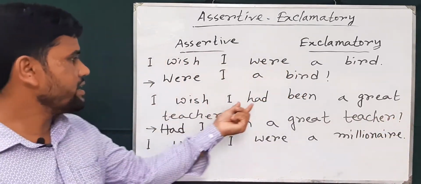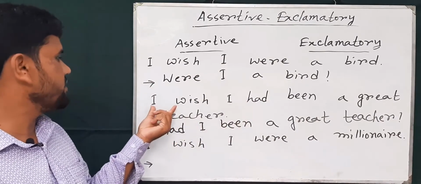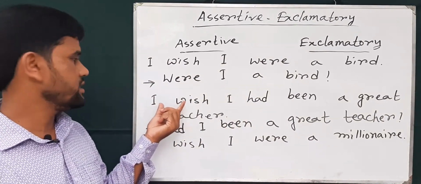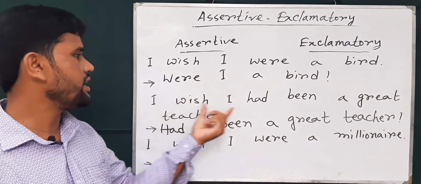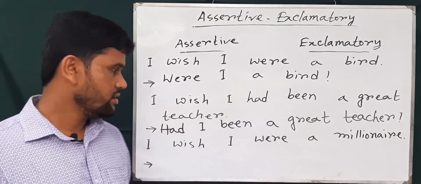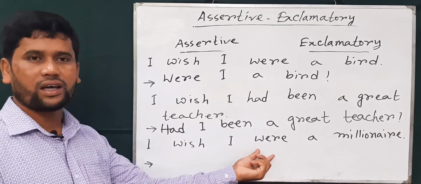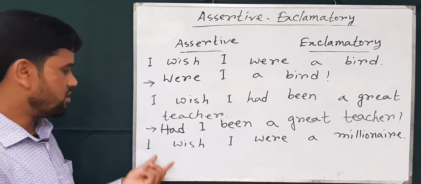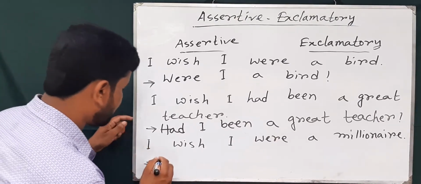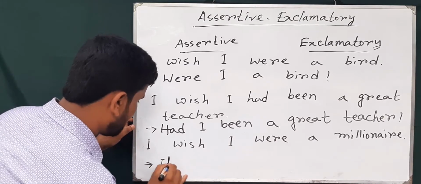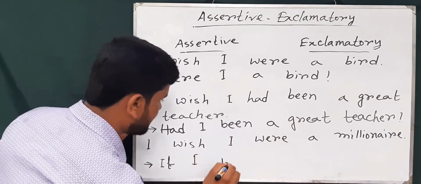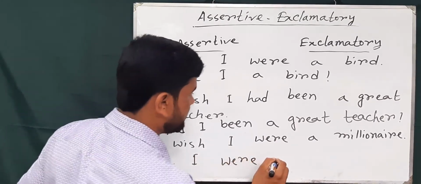When you find had, or you can use if instead of subject plus wish, if I had been a great teacher. And here you see, you find where, you can write where, or you can write if instead of subject plus wish. Here, if I were a